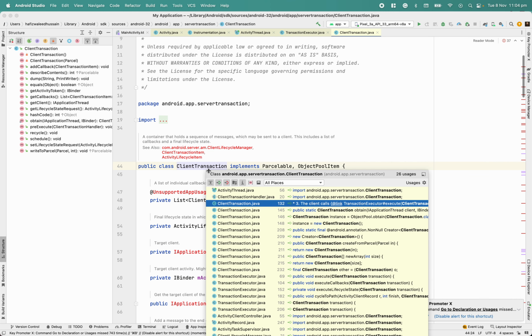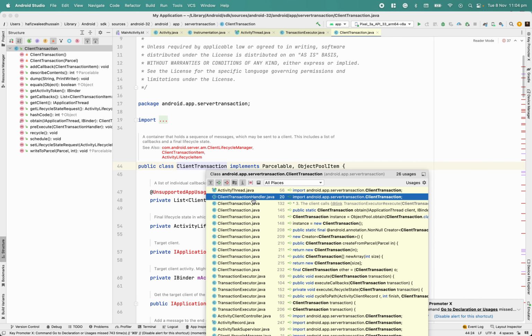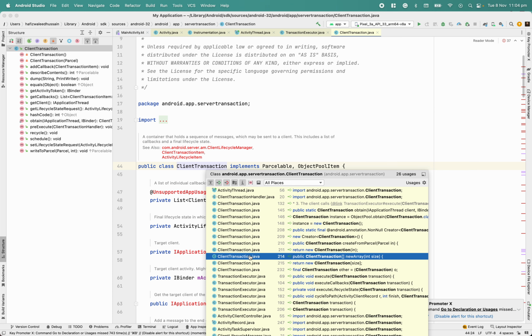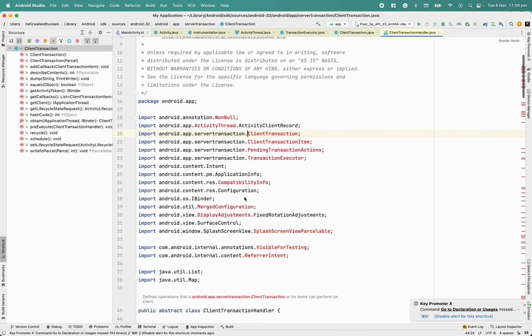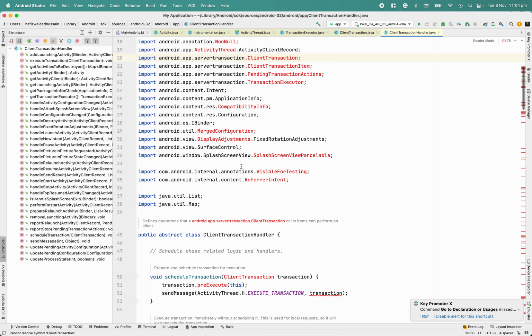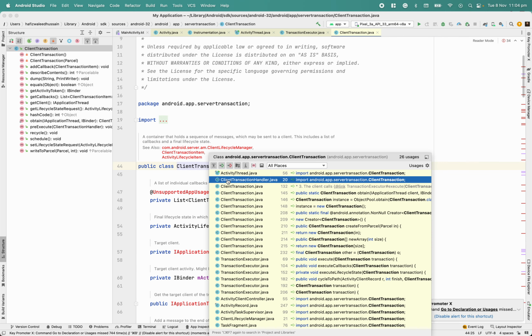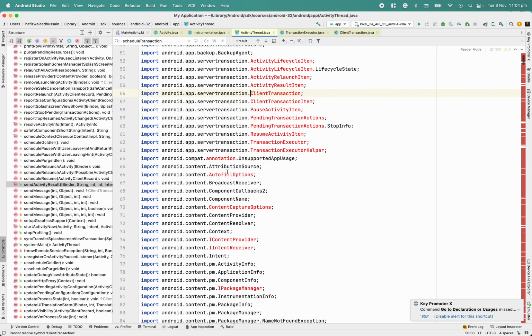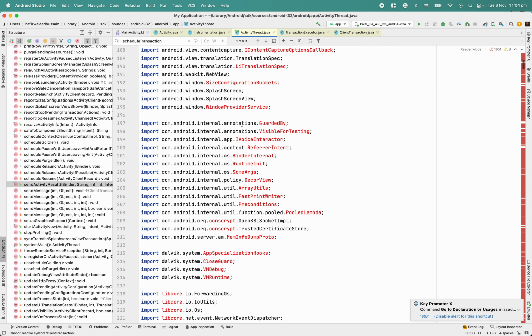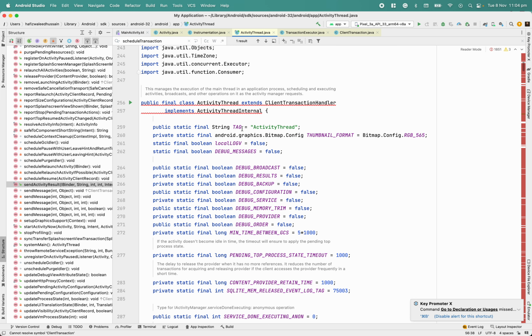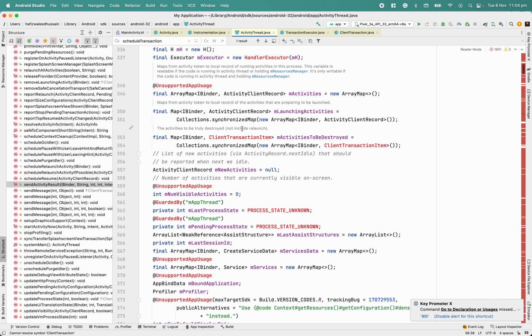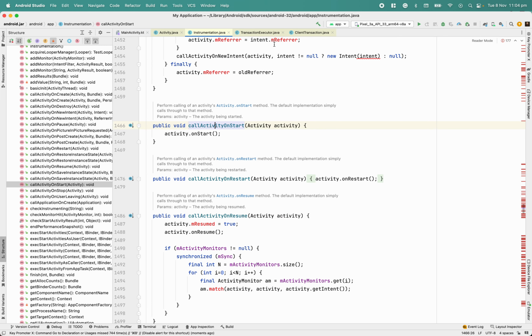Okay, and this one is used in many places. This one is abstract, we already saw this one. Then in case of an activity thread, where we have this complex, oops,